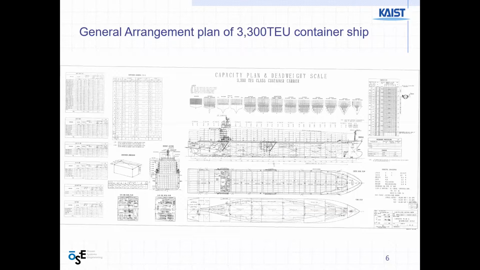So this is a sample drawing for general arrangement of a 3,300 TEU container ship. You already know many of the terminologies of shipbuilding or naval architecture. What is general arrangement? What is TEU? What is container ship? So 3 terminologies are there. Right? And at the middle bottom of the drawing,